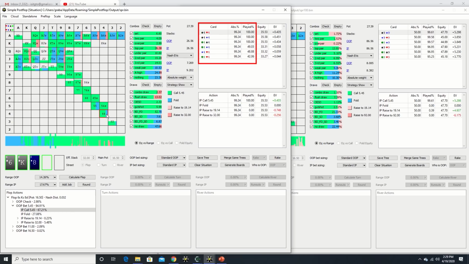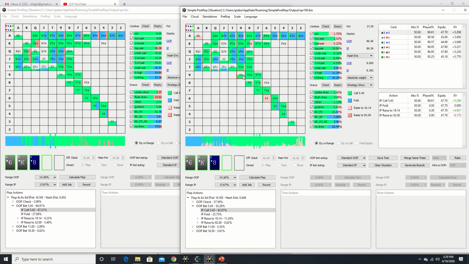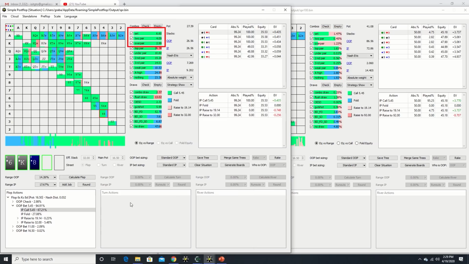Comparing this to the 100 big blind sim, we see that the defending strategy is largely the same, other than with respect to the percentage of raises, where in the 100 big blind sim, the solver is doing significantly more raising. This is consistent with the theme of the solver wanting to grow the pot geometrically with the polar part of its range when deeper stacked, whereas in the 40 big blind sim, the button sets, two pairs, and overpairs are mostly just calling, since they should have ample opportunity later on to get stacks in by the river, and they also require less protection against draws in light of the lower magnitude of risk.